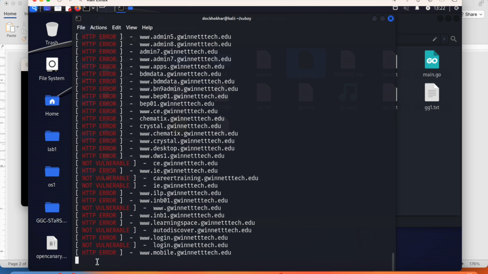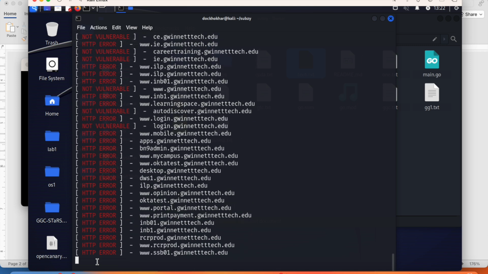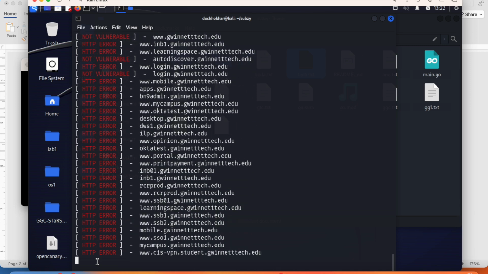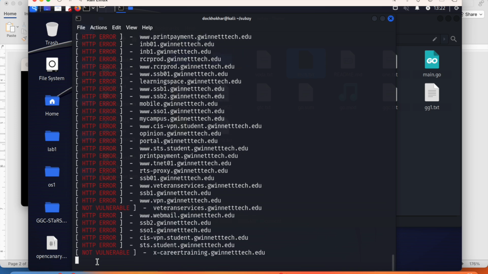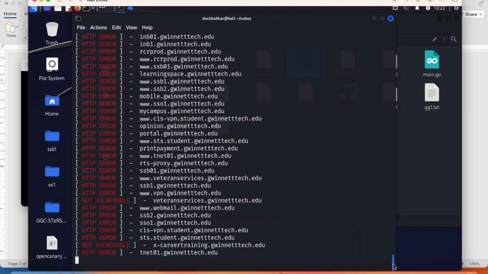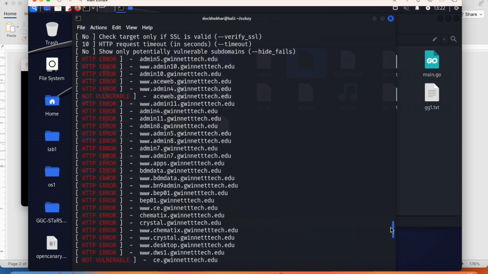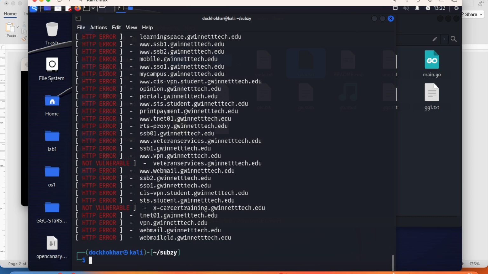from that text file. So once you install Subzy and Sublist3r, it's 2 commands, and that's it. You'll see that it's very fast as compared to Aquatone. But feel free to use any of the tools, whichever you like the most. So let me get it complete and see if we can find any vulnerable subdomain at Gwinnettech. So right now nothing has come up. So I'm going to let it run. Everything is fine, nothing went wrong. We can try with